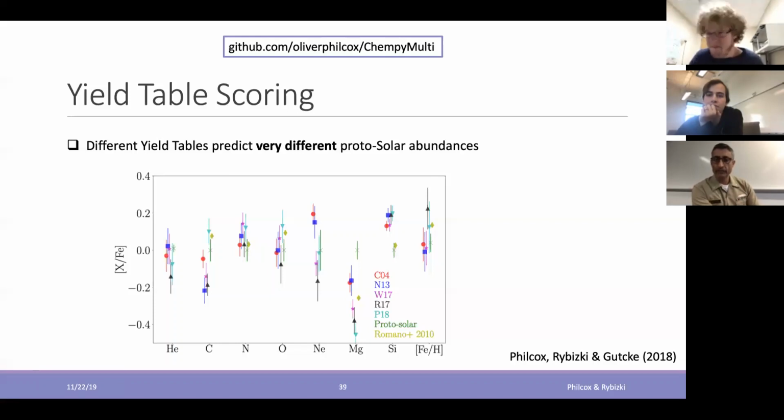Yeah, I'm definitely interested in looking at your software, because I do large scale simulations, and I'm looking at the POP3 IMF and trying to constrain it by looking at those POP3 supernova yields, core collapse yields, and looking at the abundances in population 2 stars, some of the really old stars the observers have. So this seems to be right up the alley. Yeah, that sounds definitely very doable and certainly an interesting exploration. So I'll definitely go to the GitHub and check this out. Yeah, and definitely get in contact with us for anything.